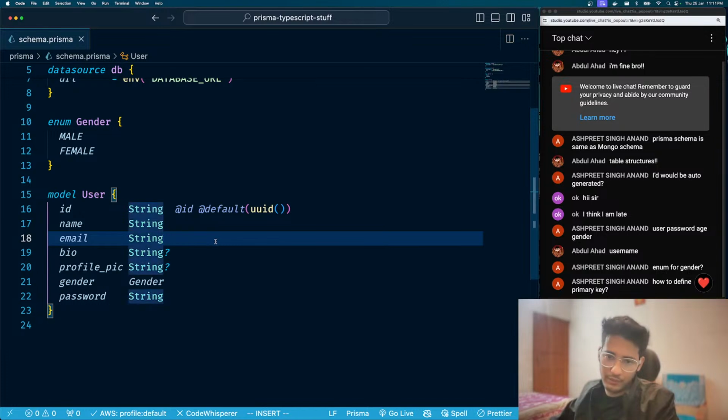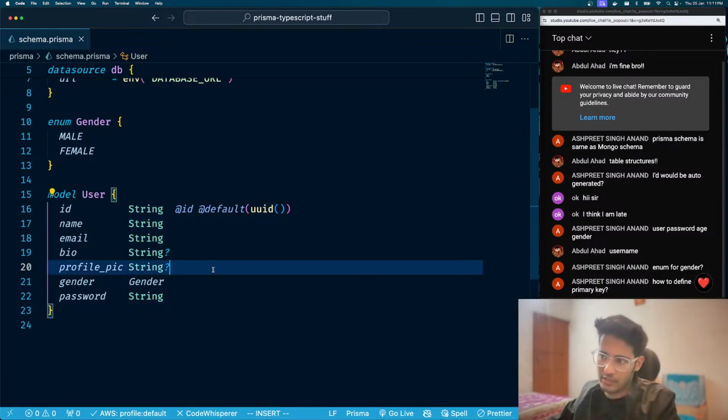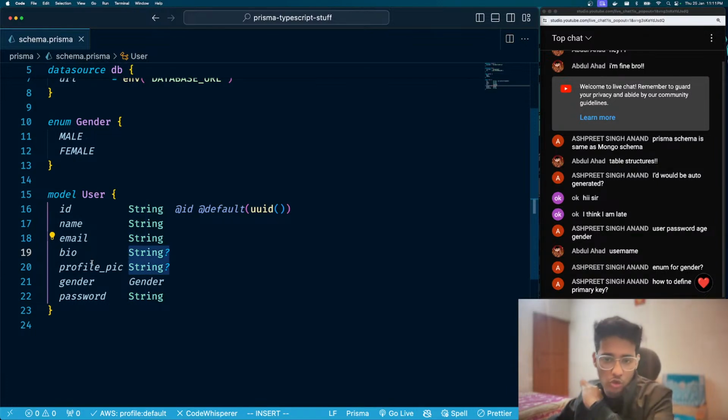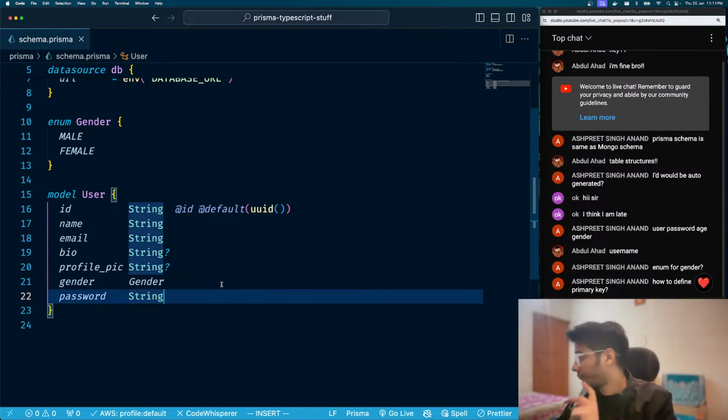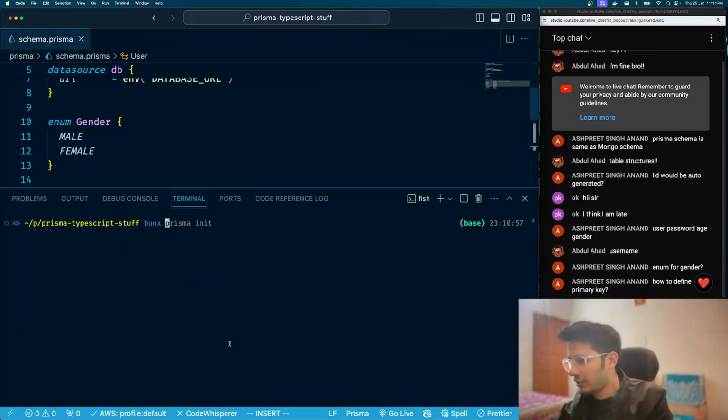@id is primary key. Simple stuff. @id is primary key. Question mark is optional field, right? Question mark is optional field. This is not required. This is nullable. This could be null. It's completely fine, right? It's okay. We are there, and now let's generate